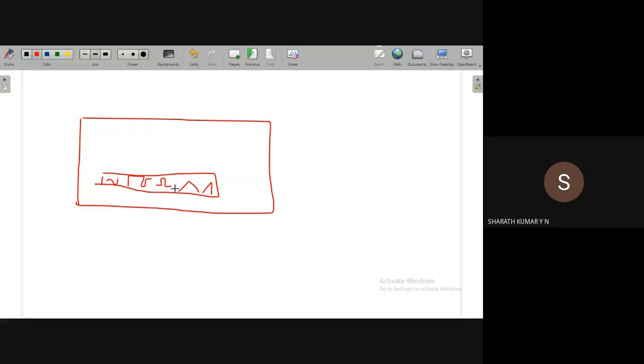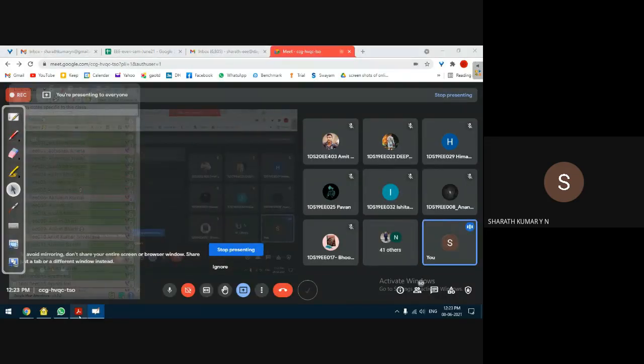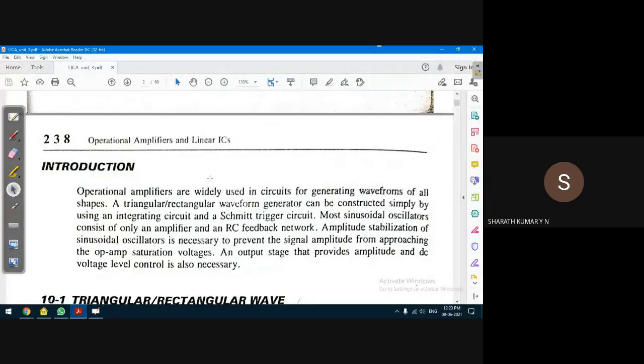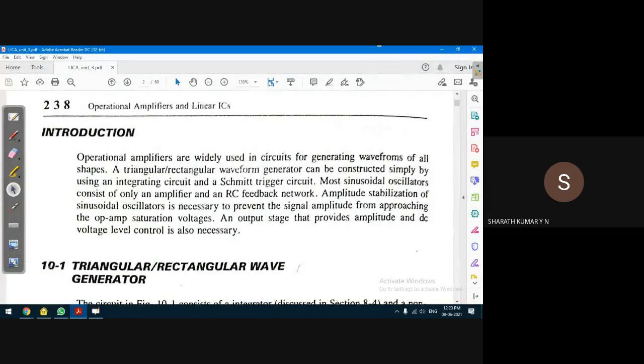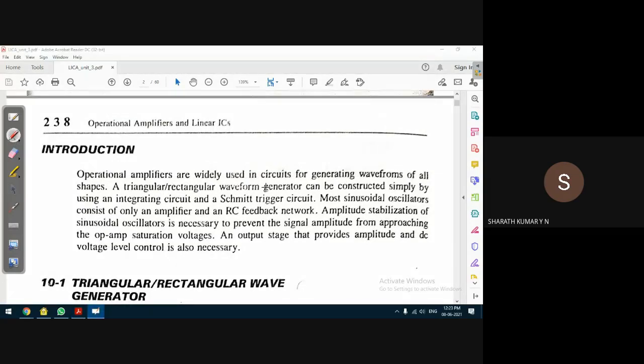How do we do this? Actually, for this we make use of an op-amp, to generate various forms of signals in a function generator, which is also called a signal generator. Why is it a function generator? Because it can generate various functions. Functions are signals. So that is the basic meaning of a signal generator or a function generator.